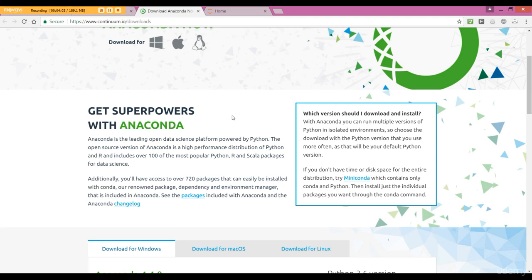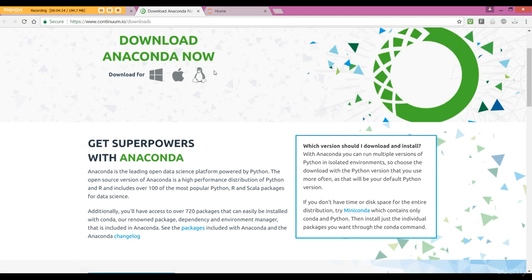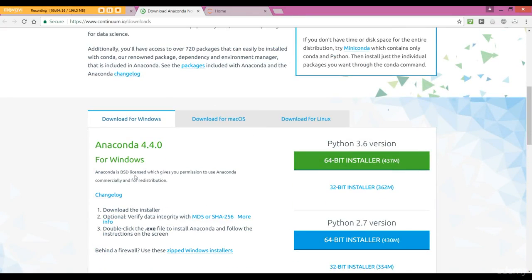In this lecture, let us just download Python Anaconda if you don't have it on your system yet. And Anaconda is available for Windows, Apple and Linux, and you can download it for your own operating system, the 64-bit installer, the 32-bit installer. In case you don't have this much space, then you can work with Miniconda, but I heartily recommend installing Anaconda on your system. So you can download the installer and then carry on. I have the Python 2.7 version, but yes, you can go in for the Python 3.6 version, and this will be your default Python version for your